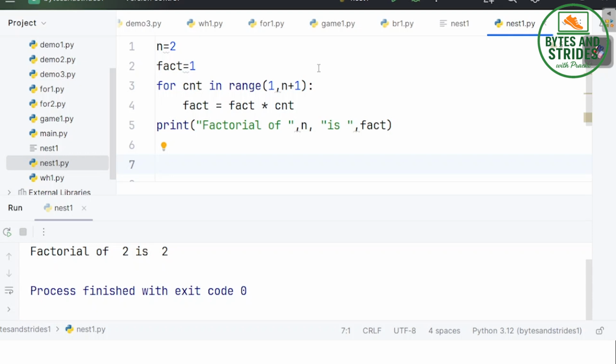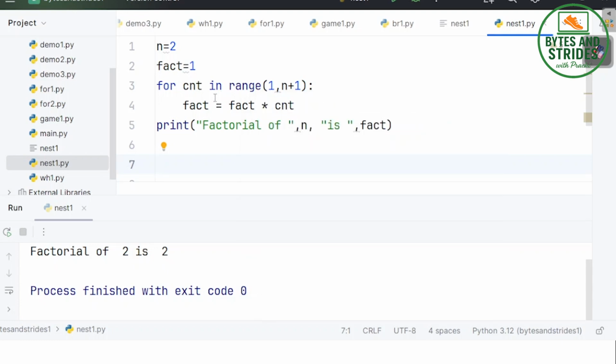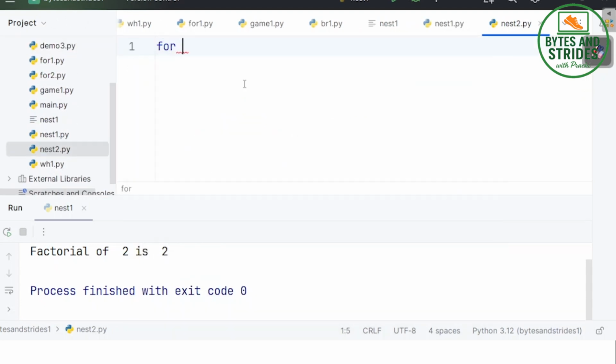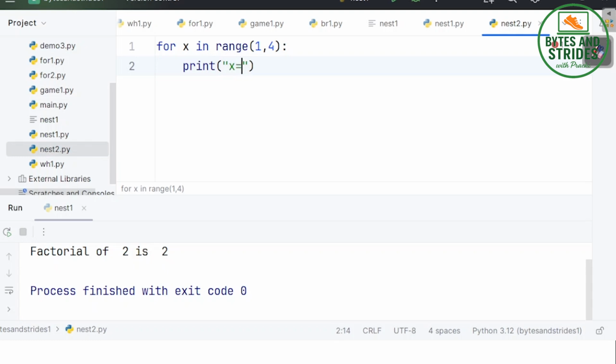So how are we going to write a nested loop? It is going to be a loop inside a loop. So how does it exactly work? Let us take some other example. Say I have a variable x which goes from 1 to 4, so the x value is going to be 1 and then 2, 3. So print x equal to whatever is the value of x.